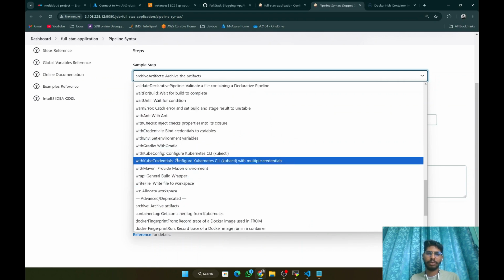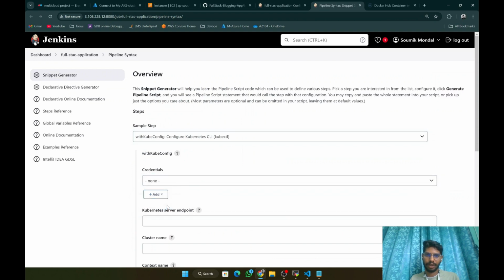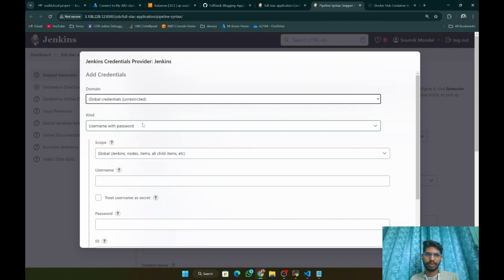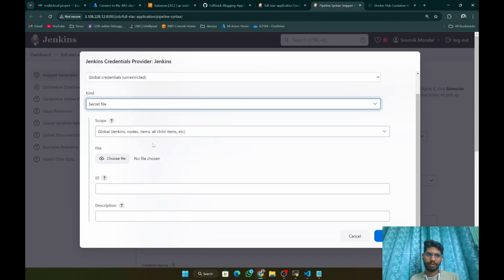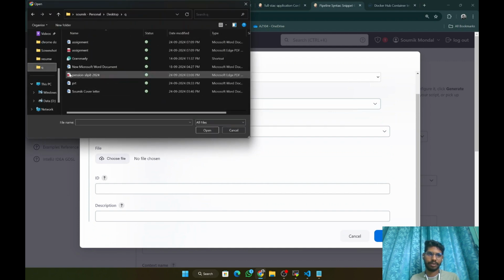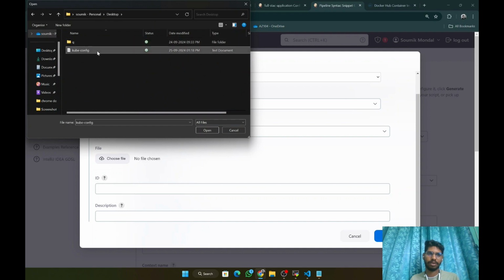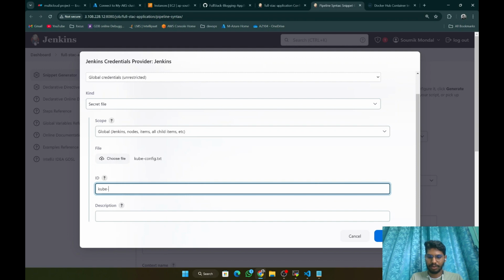Okay, with Kubernetes config file, credentials will be, I will add the credential. It will be a secret file. What is the file? Okay, this is the file. ID will be cube config,